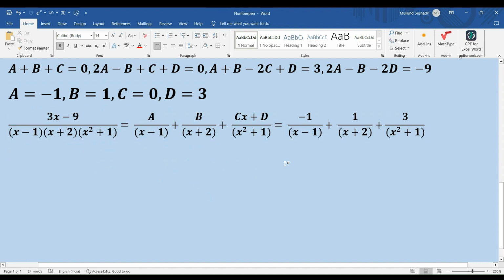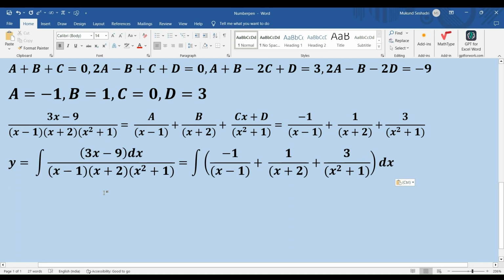So the expression that I originally have becomes minus 1 divided by x minus 1 plus 1 divided by x plus 2 plus 3 divided by x squared plus 1, right? Now I go back to my y, which I expressed using the integral symbol. I know that I have simplified y. So my y, which was originally integral of 3x minus 9 times dx divided by x minus 1 into x plus 2 into x squared plus 1,